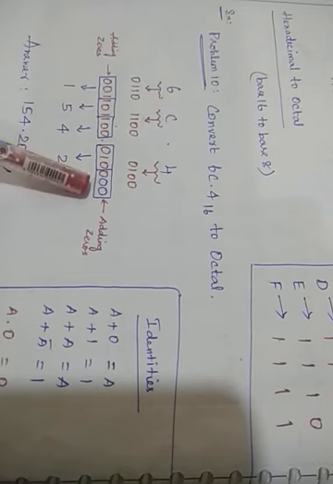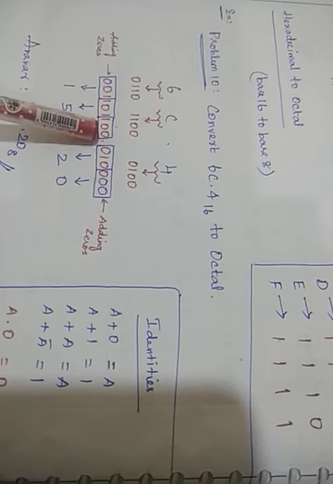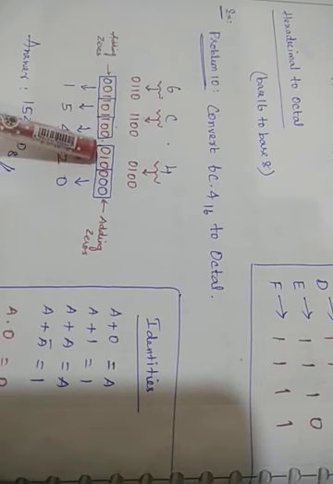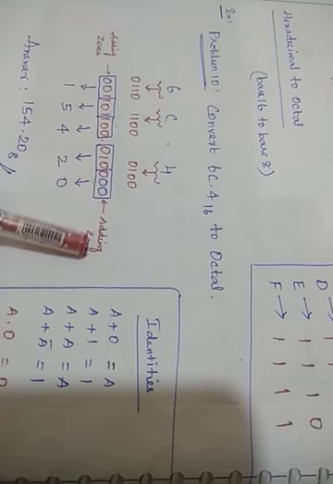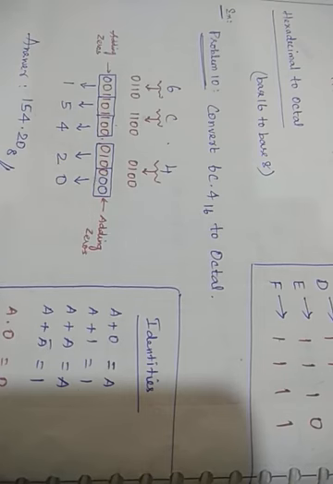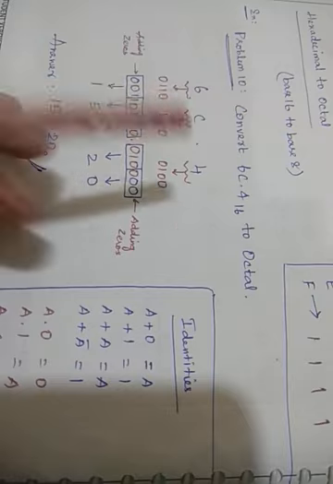Then I make it 3 digits as one group. Why do I make it 3 digits as one group? Because I want an octal number. So 3 digits I make as one group. And for the integer part you should start from right to left, and for the fraction part left to right. Wherever the digits are not in 3, there you have to add zeros. Okay. So that's all about the conversions.